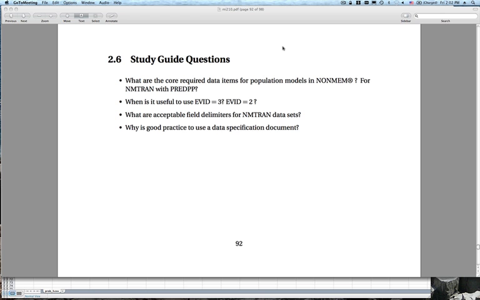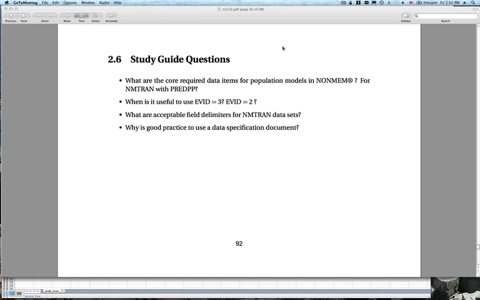And then there's the missing dependent variable and the L2 item. L2 is optional, as we mentioned, and we also said that MDV is something that will be imputed automatically by NMTran. So the NONMEM core requires three of those four pieces,